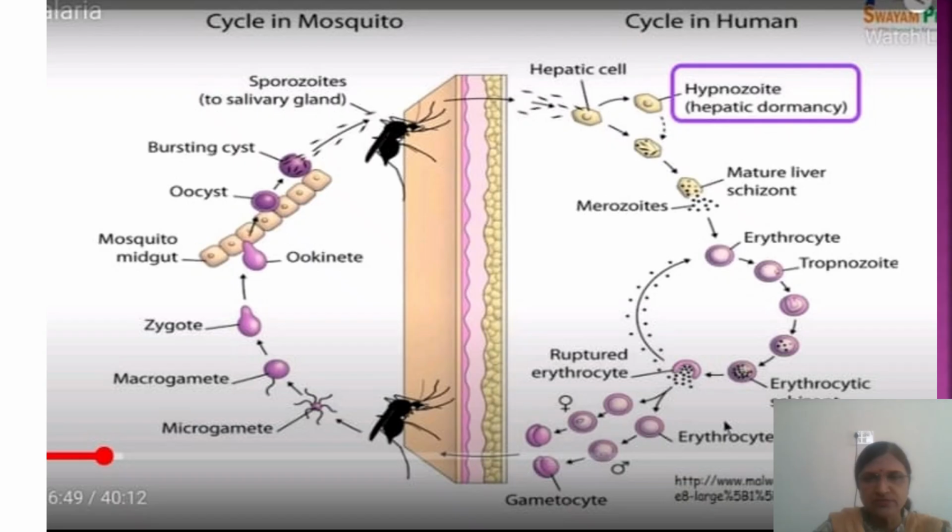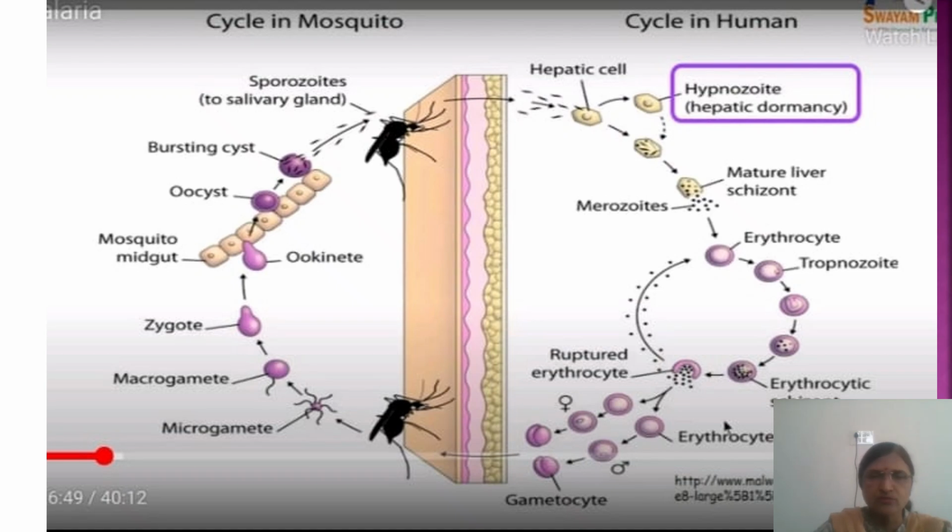These merozoites will again reinfect RBCs, or some of them may convert to the sexual phase, that is gametocytes. So male gametocytes and female gametocytes. The male gametocyte is called microgametocyte and the female is called macrogametocyte. At this stage again the mosquito will bite, and these gametocytes, male and female, will enter into the